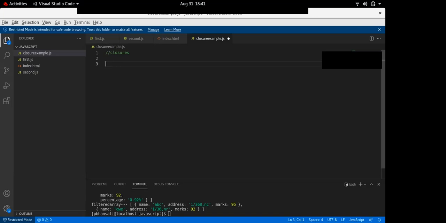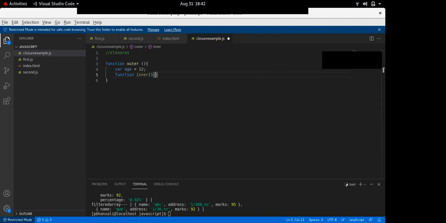So first I will start with a small example. For example, we have a function outer, and this function has one variable, age equals 12, and inside this function there is another function, inner.